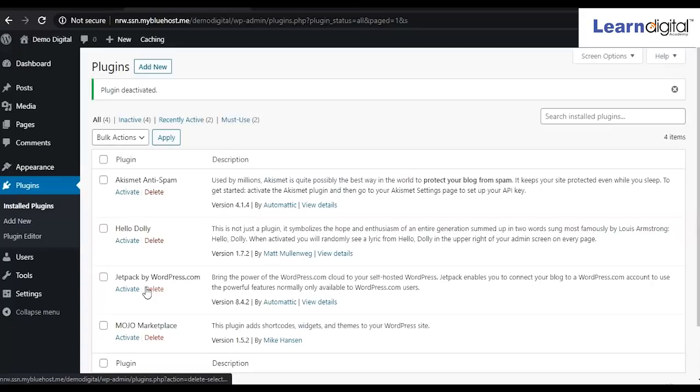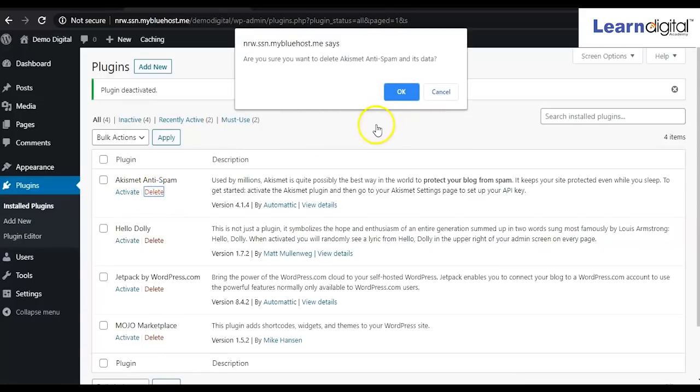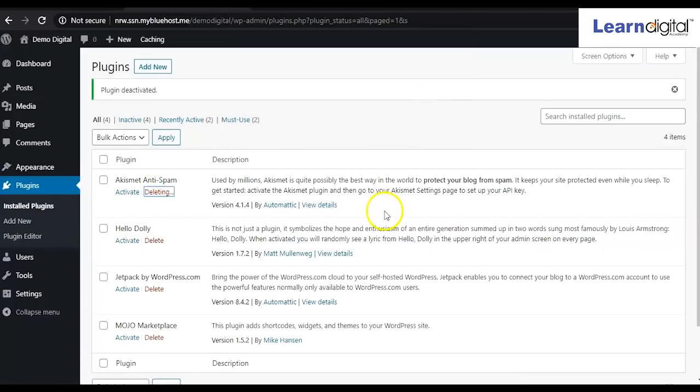Now these are the plugins it has installed by default, so we don't require these plugins. So what we'll be doing, simply we'll be removing all these plugins from here. For removing one directly, you can click on delete, then click on OK.